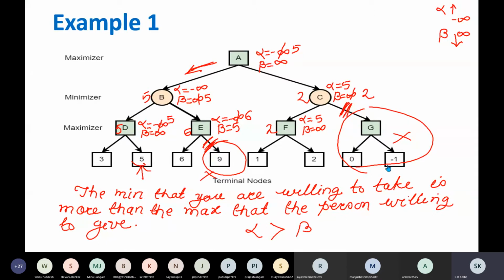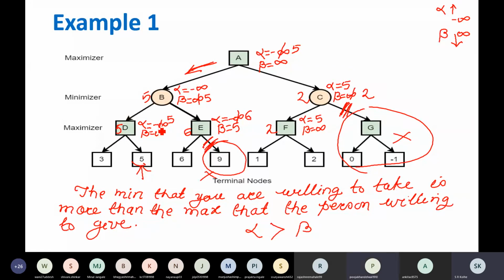Sir, for node D, why do we choose 5? Node D. Yes, sir, by DFS it will first go to 3. Right, correct. It will go to this terminal node 3. Now it's a terminal node, so it will backtrack. Value is 3. Okay, so the alpha value of D will be 3 because it will update the value of alpha. 3 is better than minus infinity.